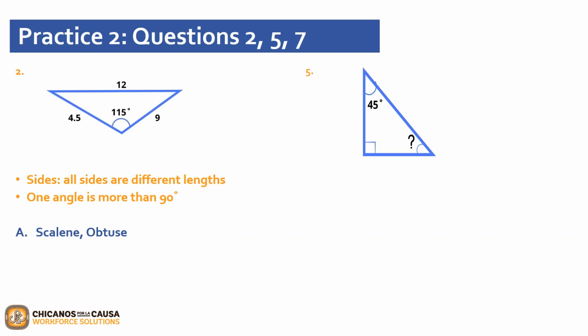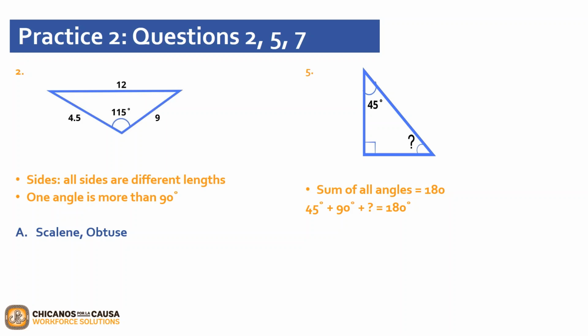So we know that the sum of all angles has to equal 180 degrees. Perfect. So let's go ahead and add all of the angles together to find the value of the unknown variable. So we have 45 degrees plus 90 degrees plus the unknown variable, which gives us a total